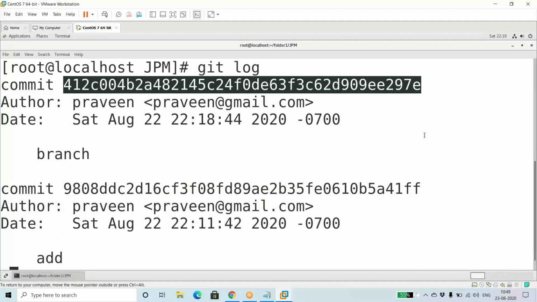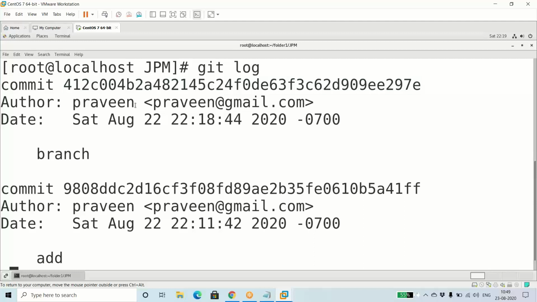So every time you try to commit, you get a new commit ID. On a single file, you make changes, add them, and do a commit. Every number of times you commit, you get a new commit ID for every commit.